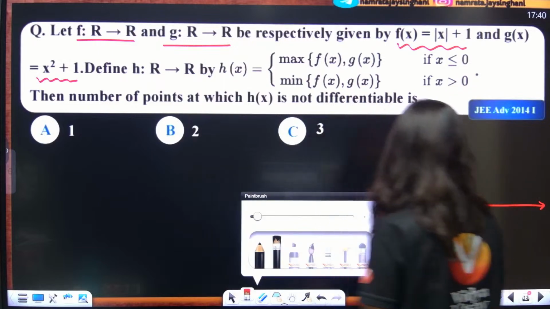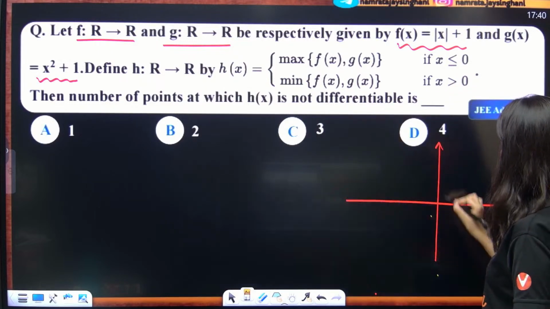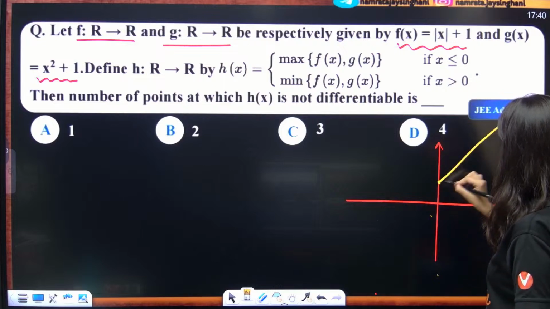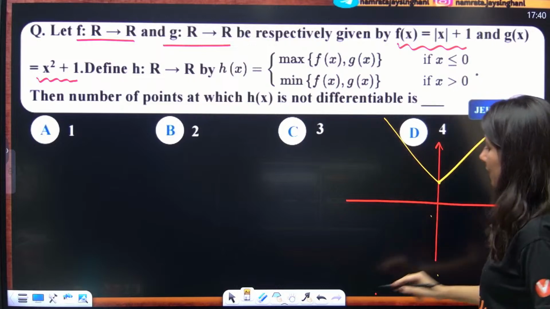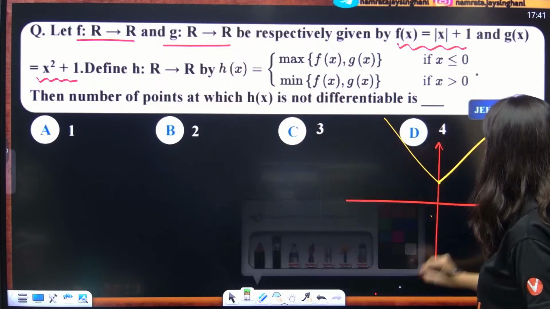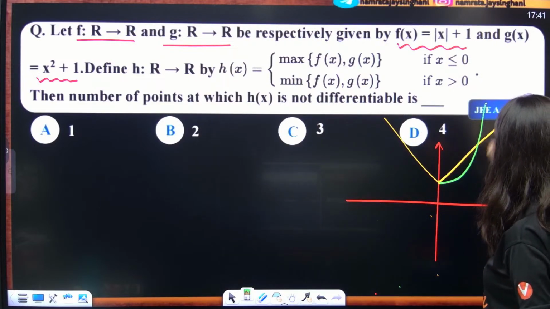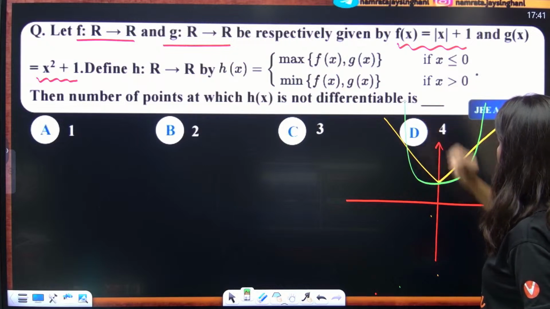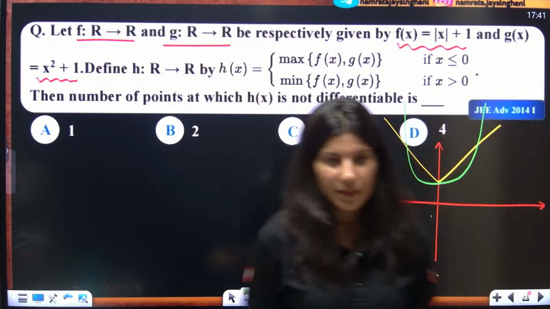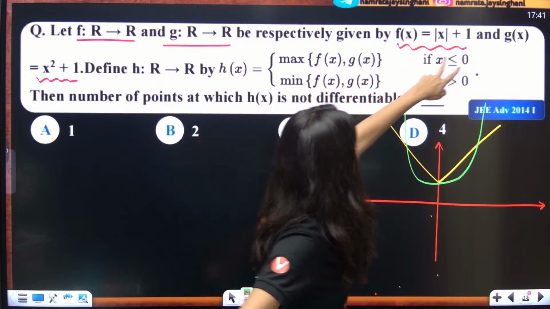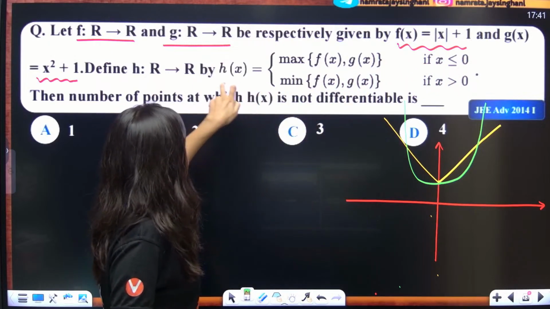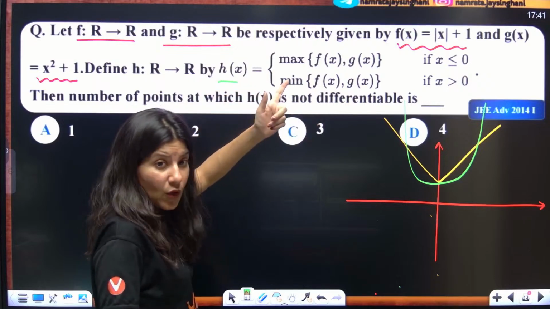Okay. So mod x plus 1 will look somewhat like this. This is your mod x plus 1 function. And x square plus 1 will look like this. Alright, this is your x square plus 1. Now, what are you looking for x less than 0? See, hx is nothing but, for x less than or equal to 0,